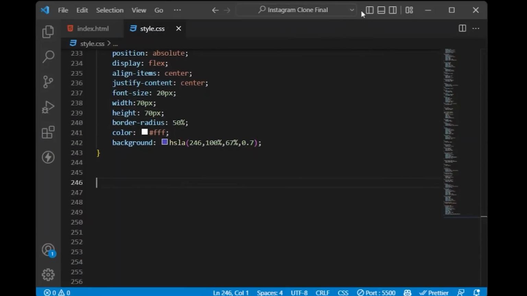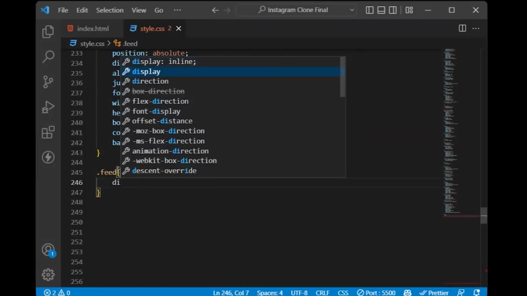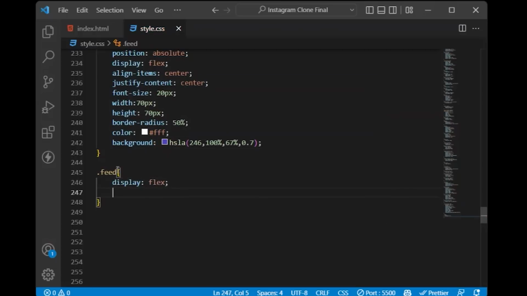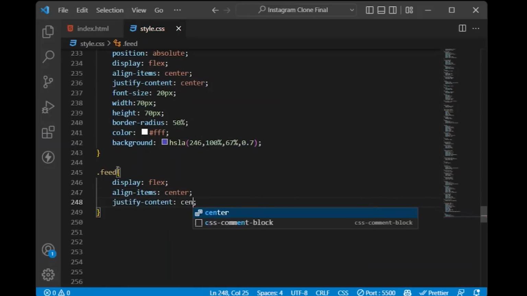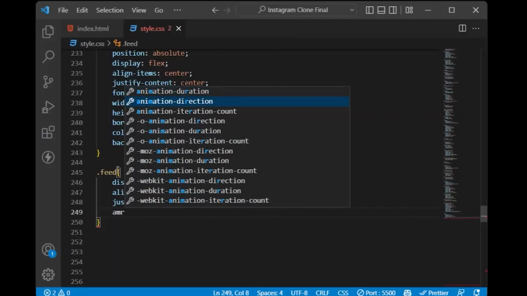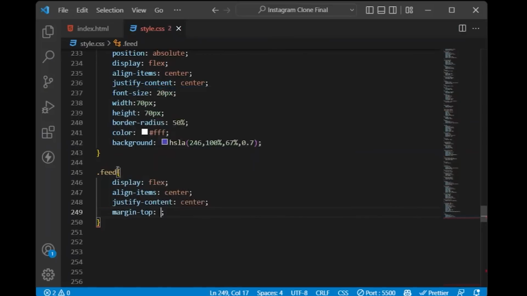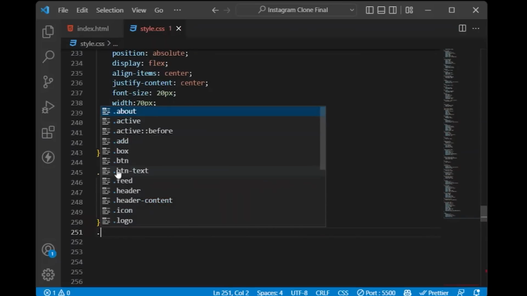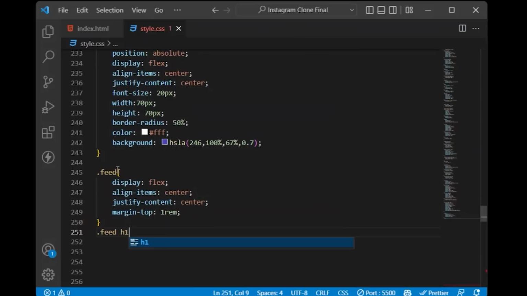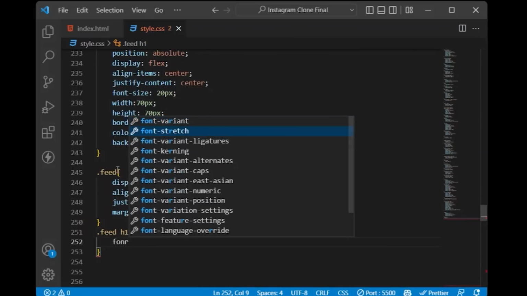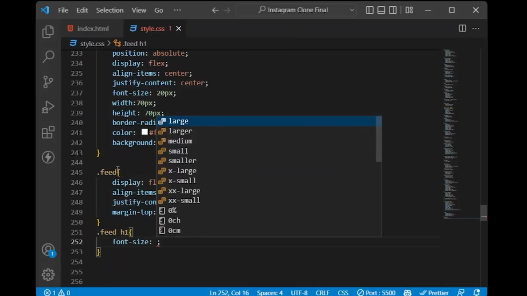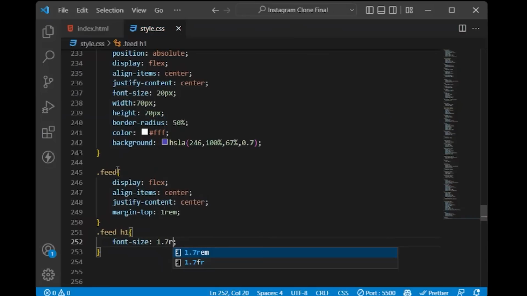Just give me a second. Select the feed, say display as flex, align items as center, justify content as center, margin top as 1 rem, select the feed class, go inside the h1 tag, say font size as 1.7 rem,